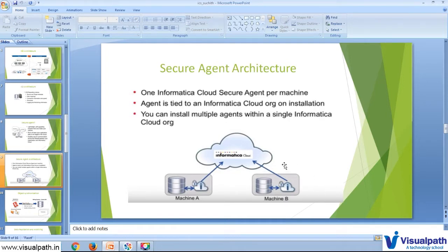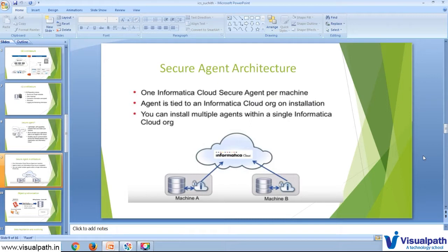So in that case, we need to maintain the same folder structure in both A and B, and we need to maintain the files in both servers A and B, so that you can avoid errors related to files not being available. That is the reason we should think carefully before going for secure agent grouping. Well, that's it for the secure agent group. This is a small topic, but it's a very powerful feature.